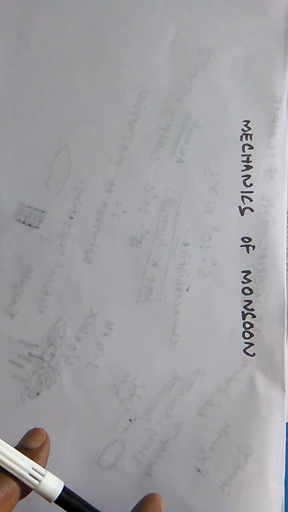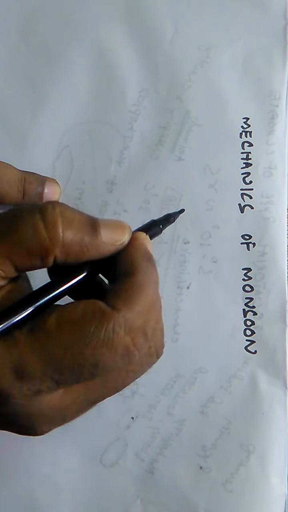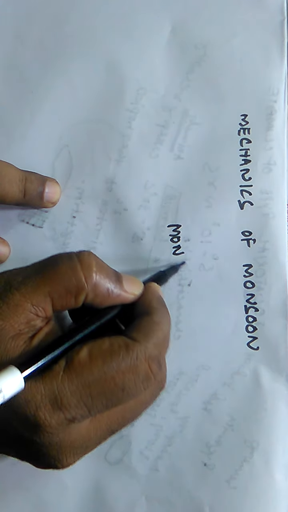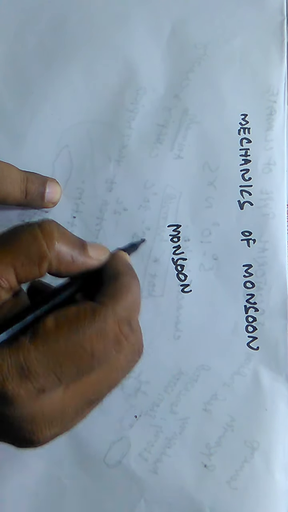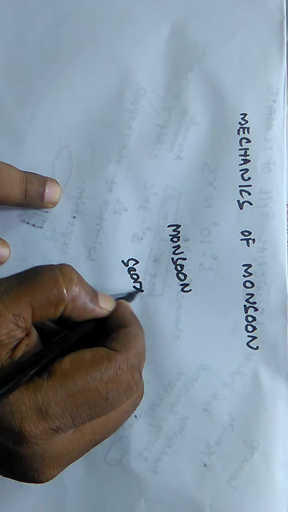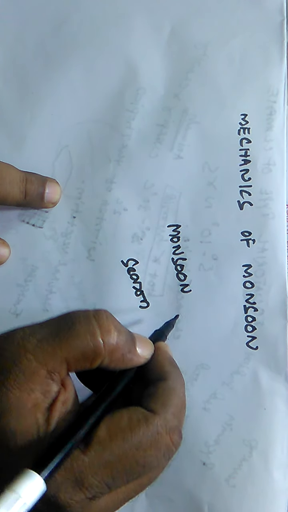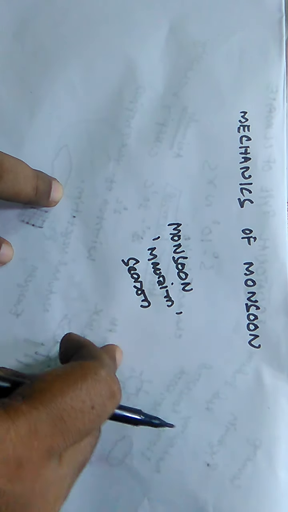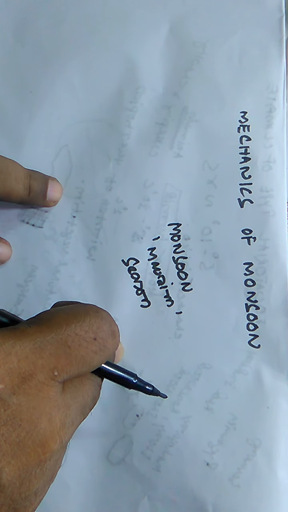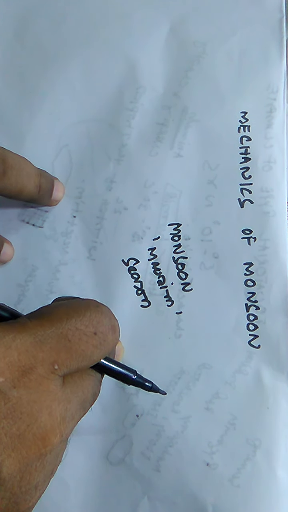Hello students. Today first we are going to discuss the mechanics of monsoon. Mechanics of monsoon very simply means how the monsoons actually occur. Now monsoon actually is an Arabic word which actually means season. It has originated from an Arabic word mausim, which actually means season. Monsoons in short are seasonal winds which actually blow over India and adjoining regions during summer